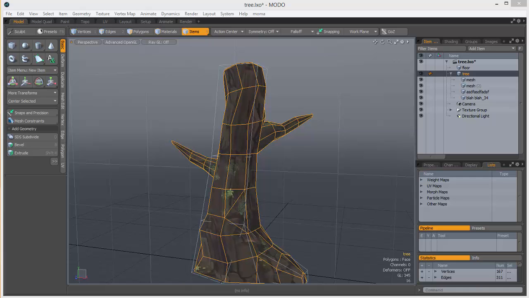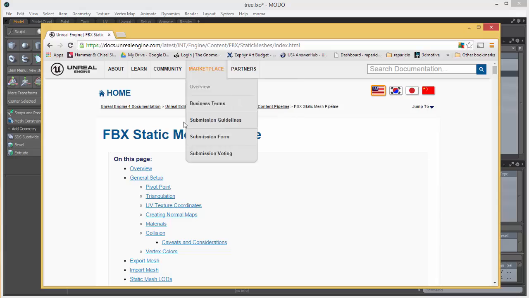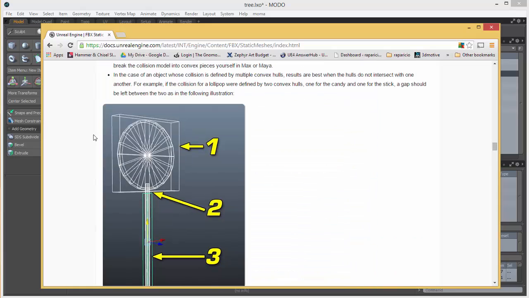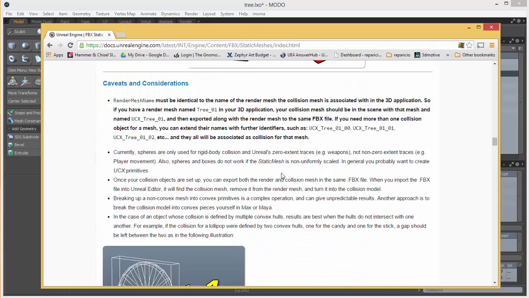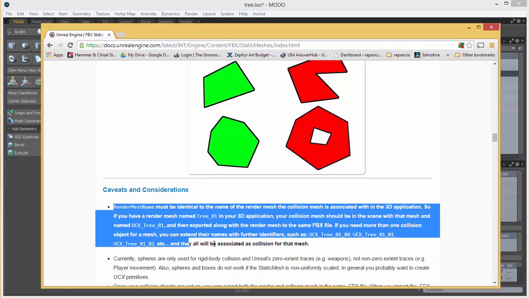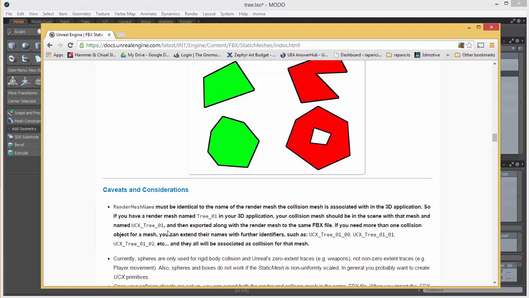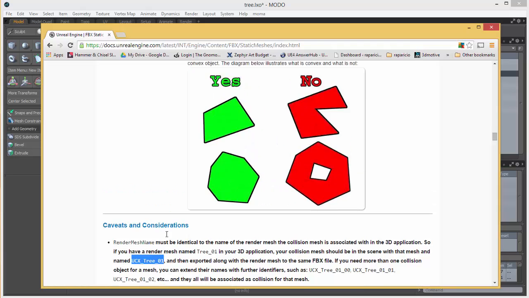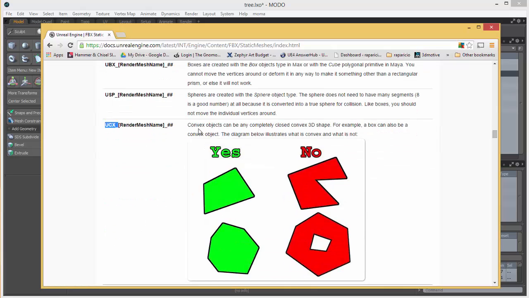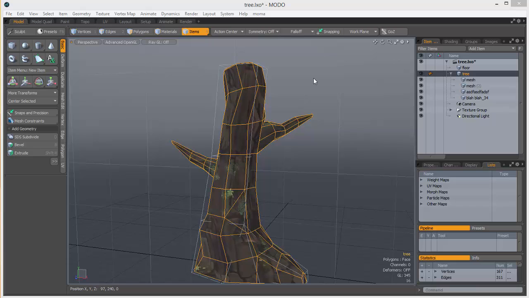And I actually have a document here from Epic on their stuff. If you take a look at it, the address is right there. You'll see these are the names that they want you to use. So my script will only take care of that. I think there's another type of collision, yeah, this guy here. It won't do those. It will only do these UCX guys, which are the convex objects. So with that said,